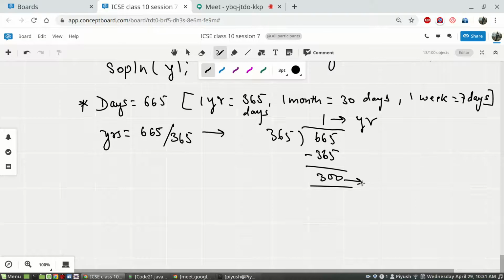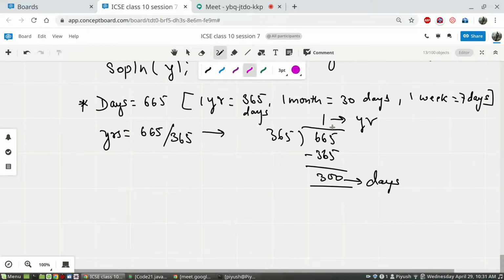What is this? The number of days in addition to the 1 year. So these many days are still left. Had there been 65 more days, then it would have become 2 years. So this remainder, when you divide 665 by 365, is the leftover days in addition to these many years.